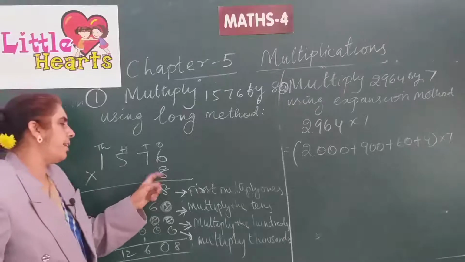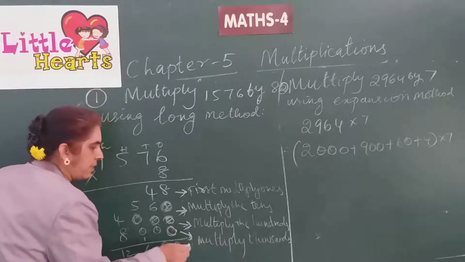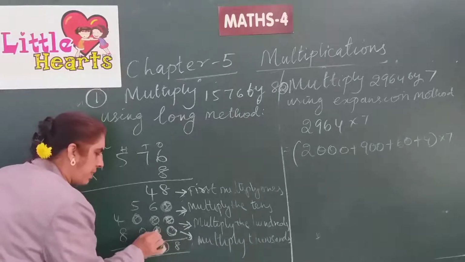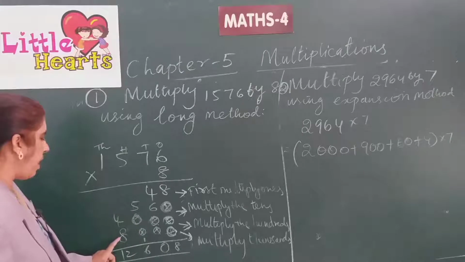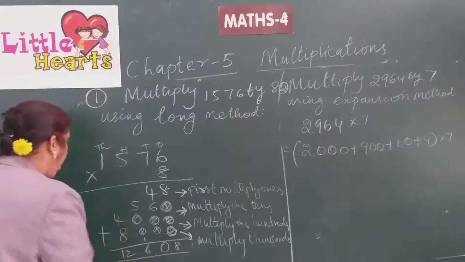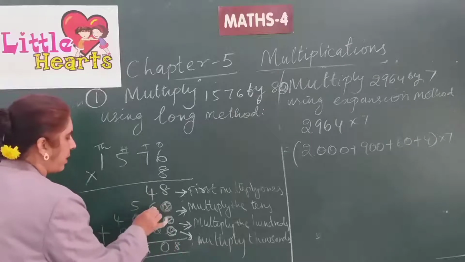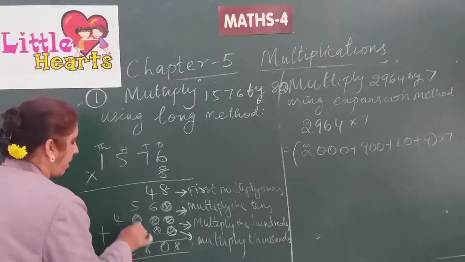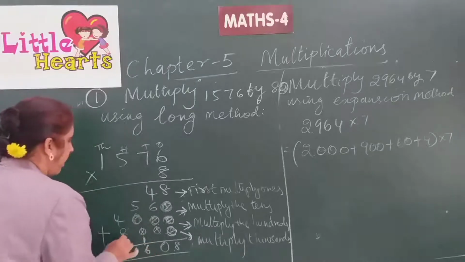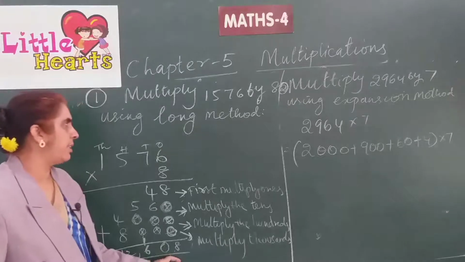And when you multiply thousands, keep ones, tens, hundreds vacant and put in the thousands place. Now add all these: 4, 8, 4 plus 6, 10, carry 1, 5 plus 0 plus 1, 6, 8 plus 4, 12. 12,608 is the product of